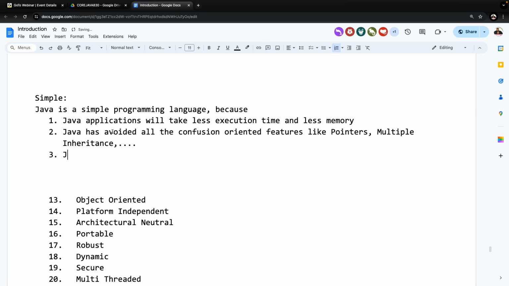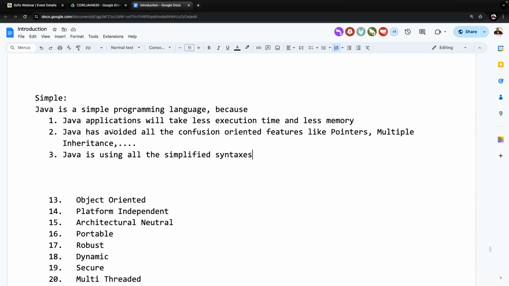Number two, Java is using all the simplified syntaxes. Java syntaxes are very simple, straightforward syntaxes. No confusion, no twist in our syntaxes. Understand my point? Of course, you are already aware of the syntaxes in the case of C and C++. Similar syntaxes are available, but even if any syntax is somewhat complex in C and C++, in Java it is simple. The simple syntaxes are used by Java.